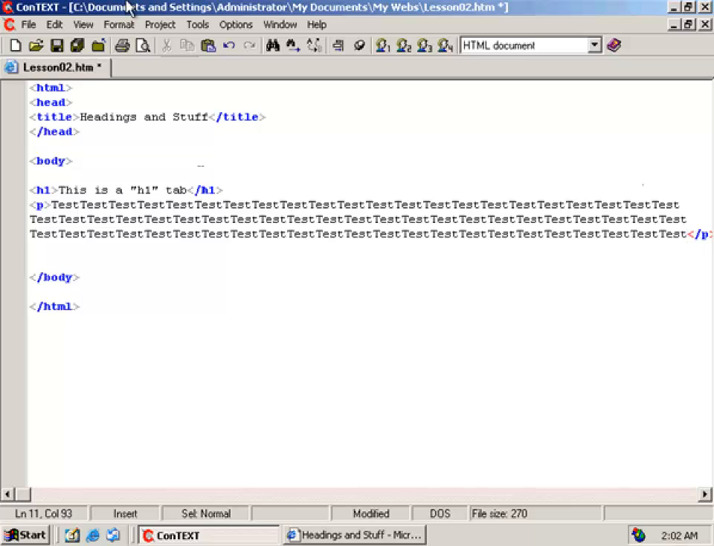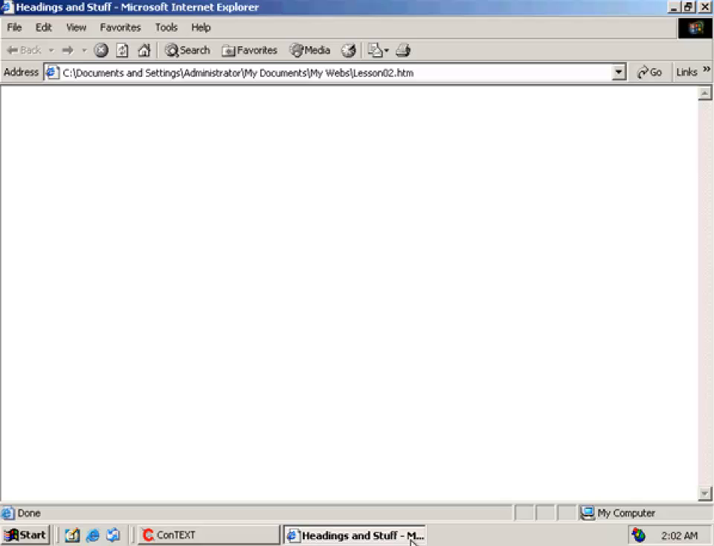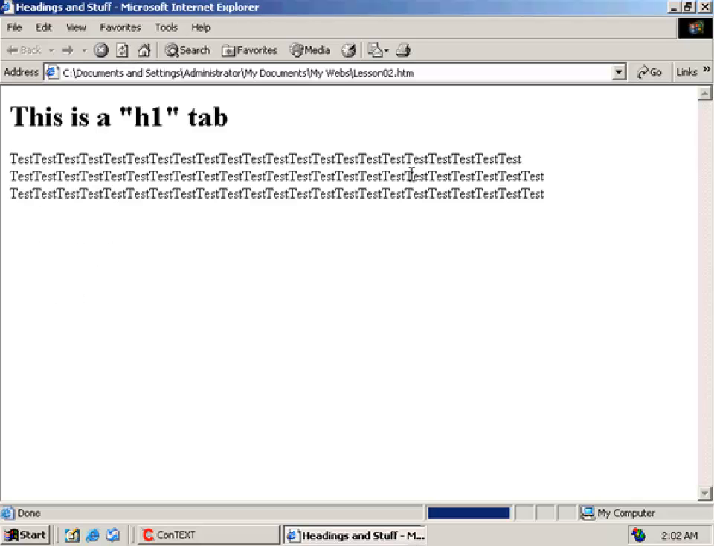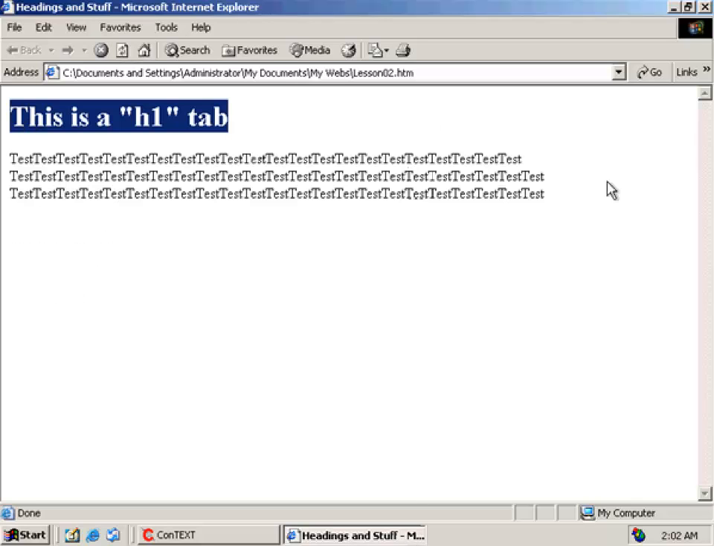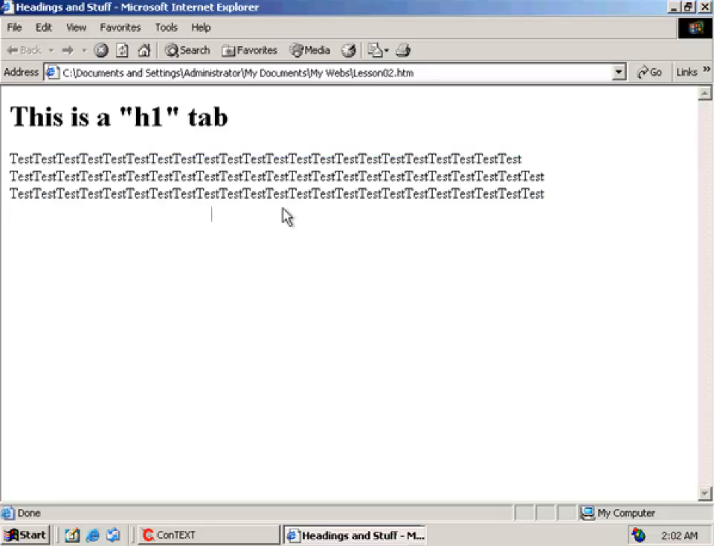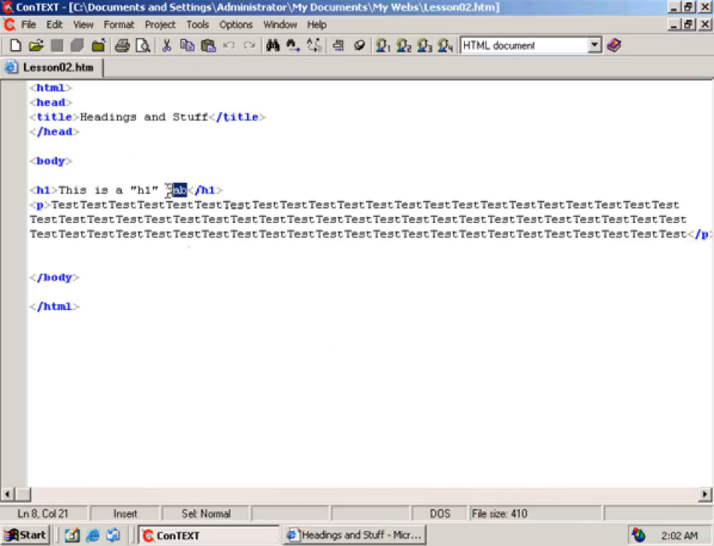Alright, let's save this out and check it out. Refresh. We have a heading for our paragraph, and then we have "test" written out a whole bunch of times. Doesn't that look like a whole lot of fun? I'm excited. Cool. So let's change this to,